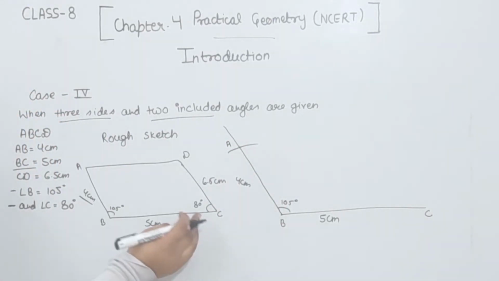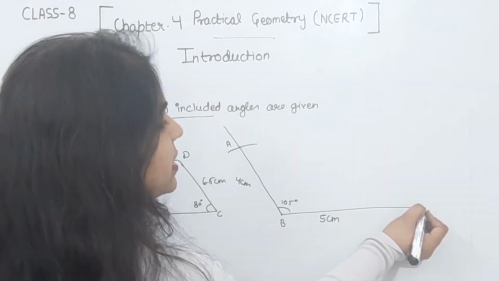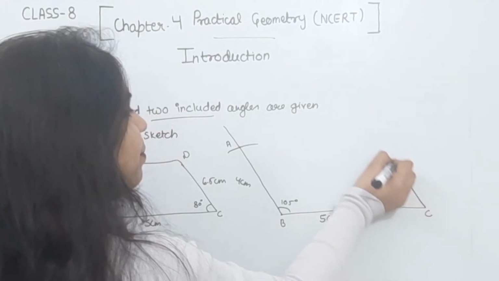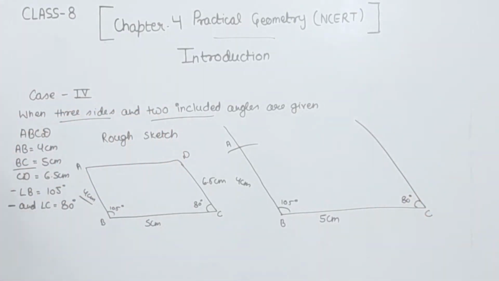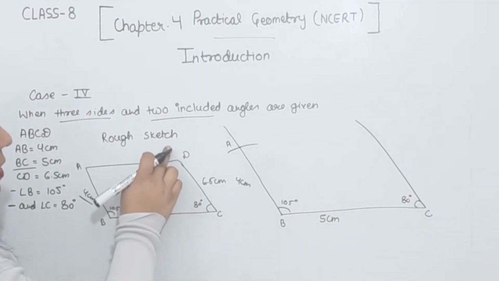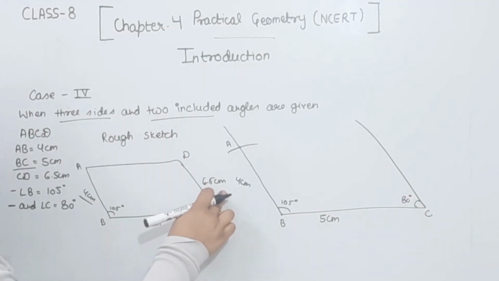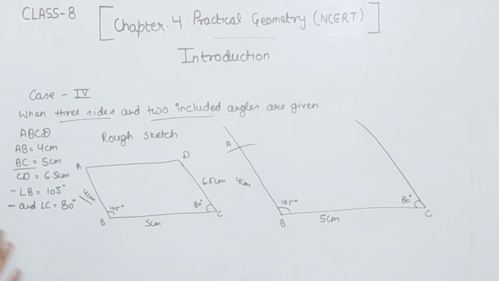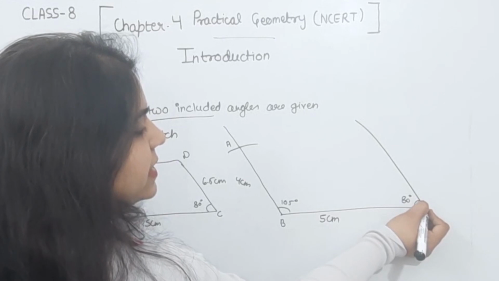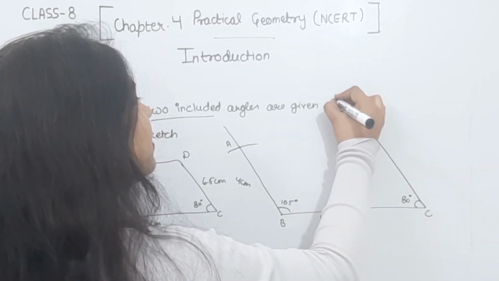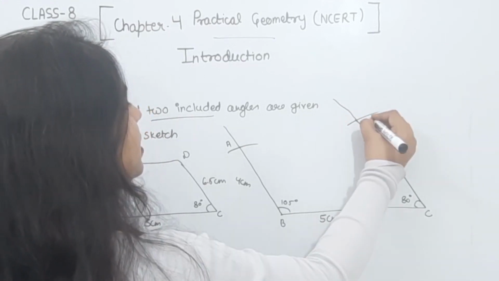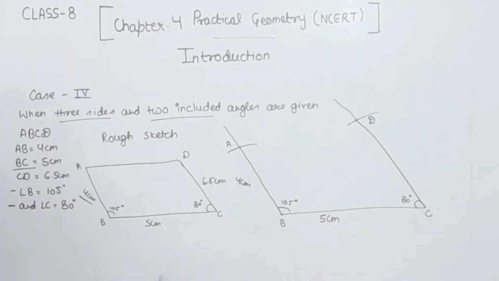Now we will draw the angle of 80 degree at the point C. This we are going to draw with the help of D. Suppose this is the angle we are having 80 degree. Now we have the measurement of CD as 6.5 centimeter. So we are going to take 6.5 centimeter measurement on the compass and C as the center we are going to put an arc. Suppose this is the arc of the 6.5 centimeter we are having. This is the point D and this is the point A.